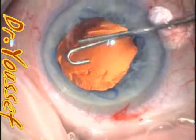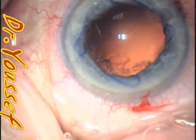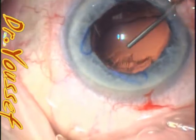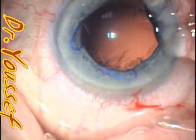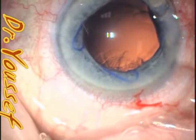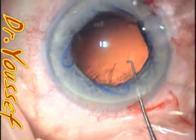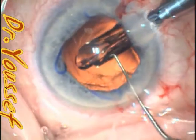I injected some viscoelastic in that area to dislodge any capsule or vitreous that was there, and I injected more of the Provisc at this stage to implant the lens. See, even if we have this kind of complication, you can implant the lens in regular position. So I implanted the lens regularly in the bag, no problems,